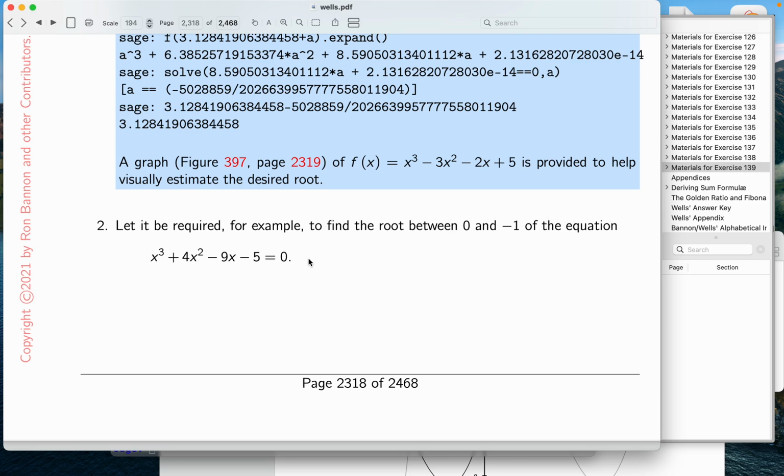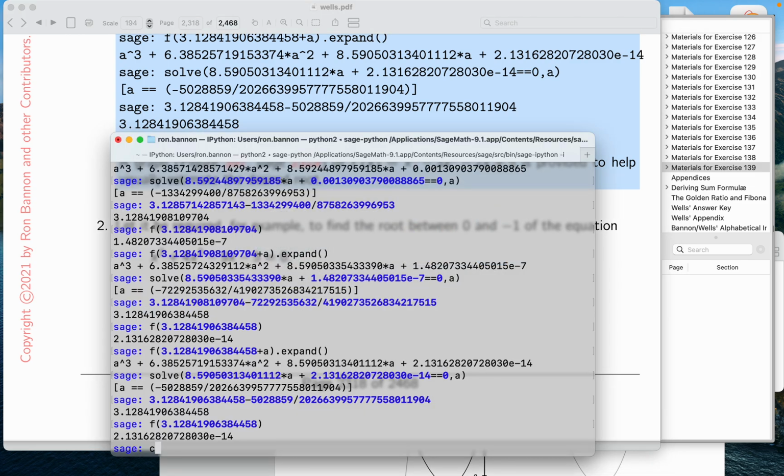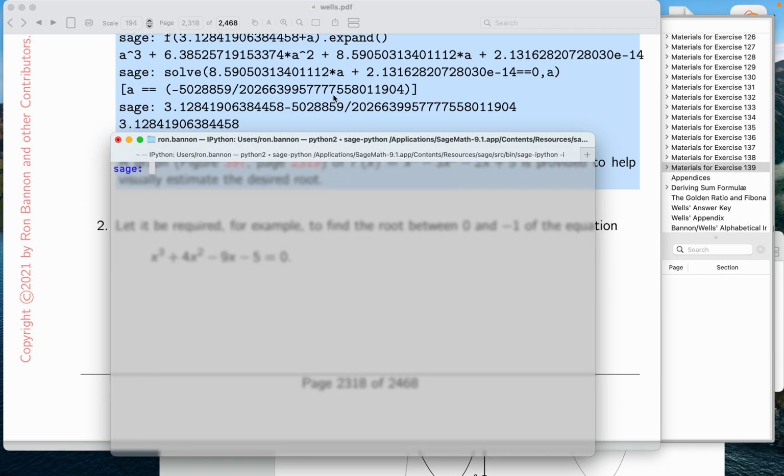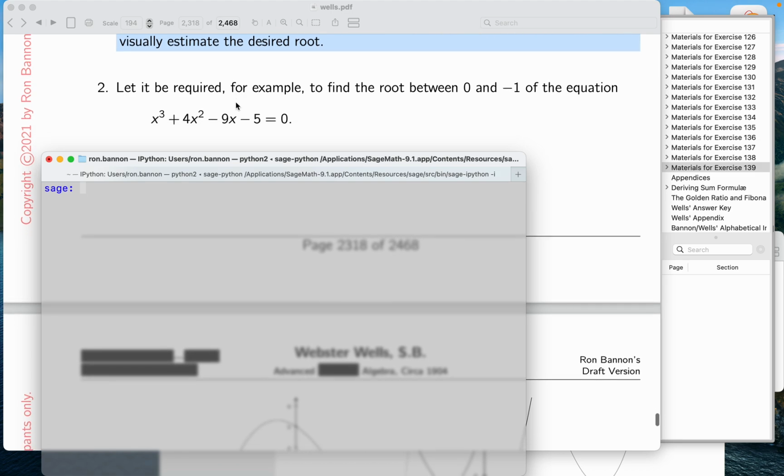So what I want to do is see if I've learned how to do it. So I want to go over here. I'm going to clear. And I'm going to just type in the function now. Give me 1 second. F of x, I'm defining a new function, is equal to x cubed plus